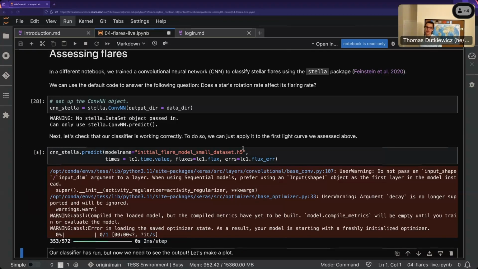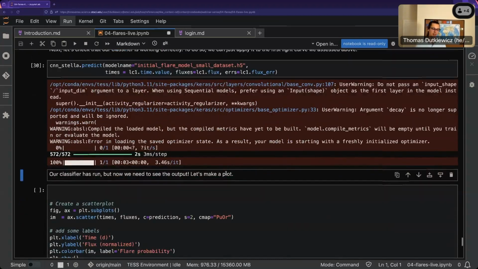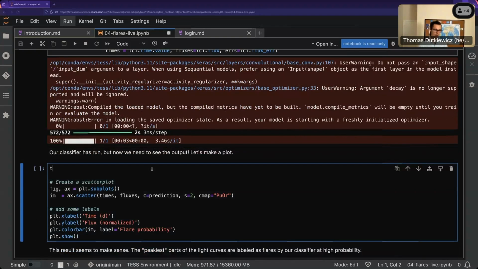There's so many warnings that show up. We'll talk about why these show up in just a second. But it's fine. Yeah, it processed something. And we're gonna see exactly what it processed by extracting all this information. Now the times and the fluxes that are in here actually are the same times and fluxes that we put in, but just to show you how you get stuff out of Stella,